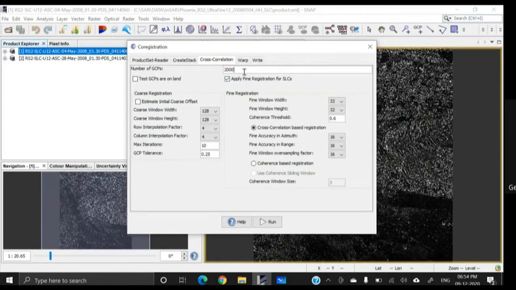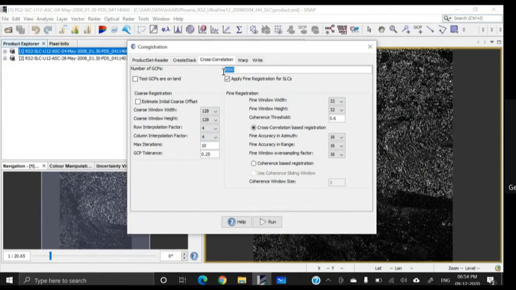In the cross correlation, a lot of options are there. However, leave them as they are. But one important thing is, you have to define the number of GCPs. And this number of GCPs will ultimately influence the accuracy of the DEM.